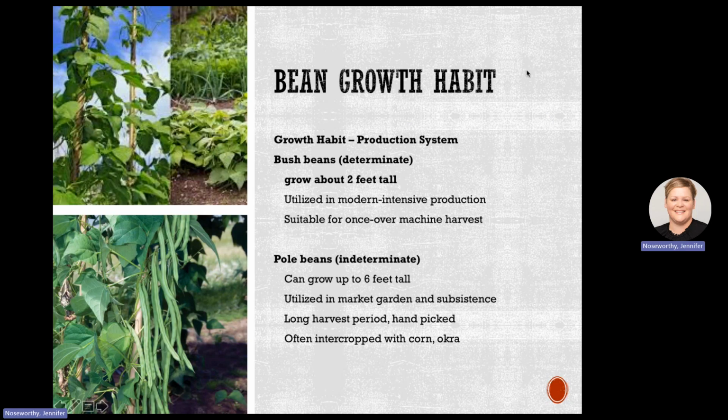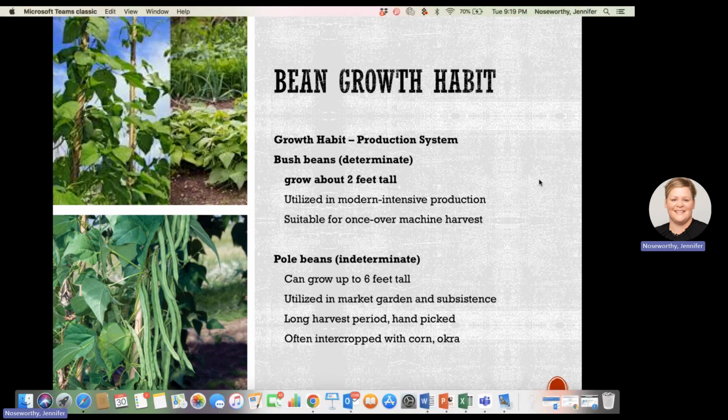Now, as far as the bean plant itself, it has two ways of growing. And I alluded to this when we talked about the three sisters, where the pumpkin was on the outside, corn was in the center, and then the beans would just grow up the corn plant for stability. So originally, beans were vining, and so they were also called pole beans. Later, with some genetic breeding, we also have varieties that are bush beans, and those are more commonly produced today. They're easier to grow because they don't need trellising.